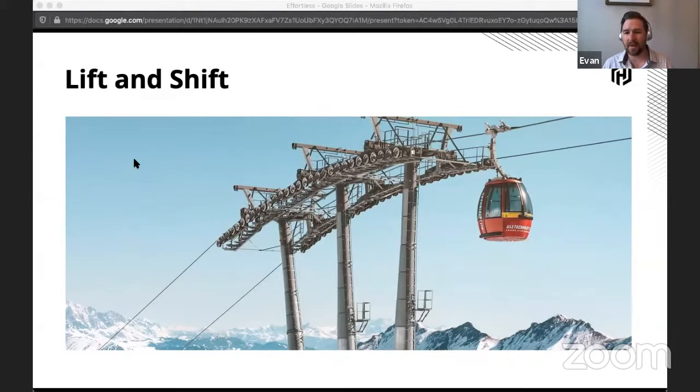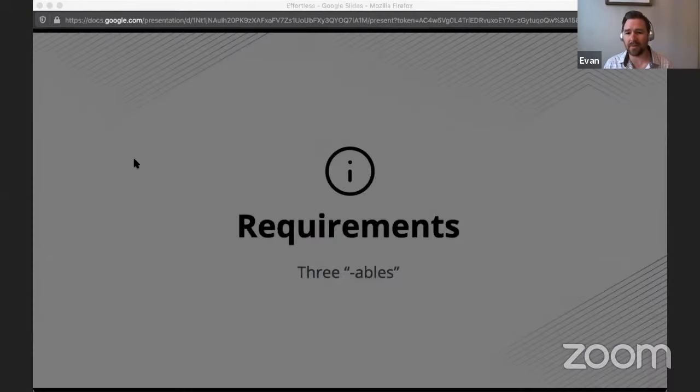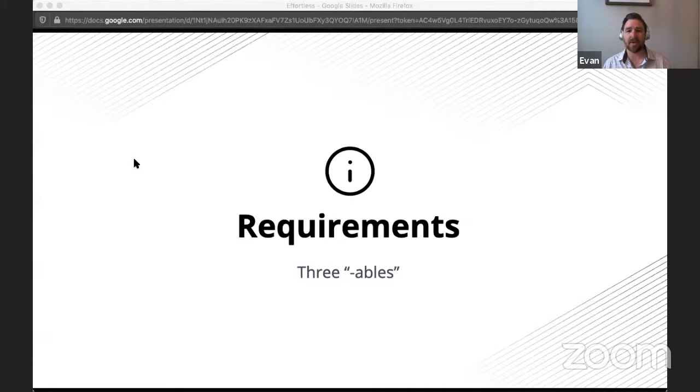And we got to the point where we had basically three requirements, or three kind of ables as it would be. While we're building this, we want it to be repeatable, configurable, and scalable. And really that's one of the big things you move to the cloud for, so you have that flexibility to be able to scale up and down as needed. So I'm going to talk mostly about the repeatable and configurable part of that, because the scalable kind of comes with the other stuff after you've implemented that.